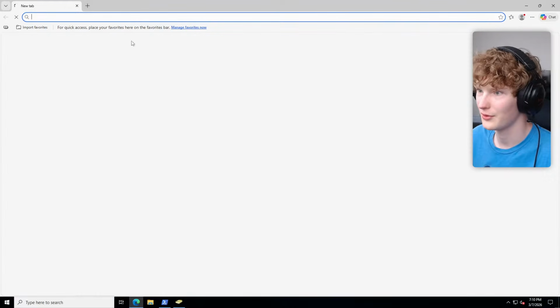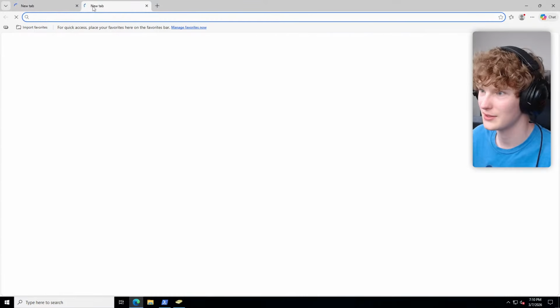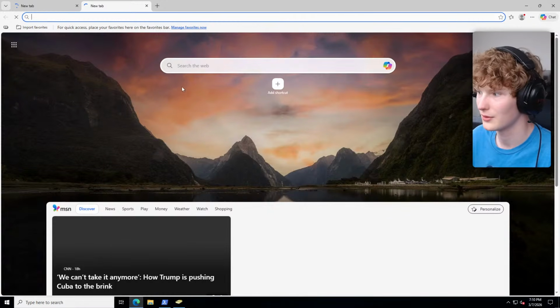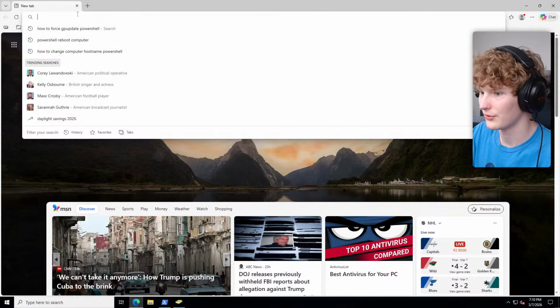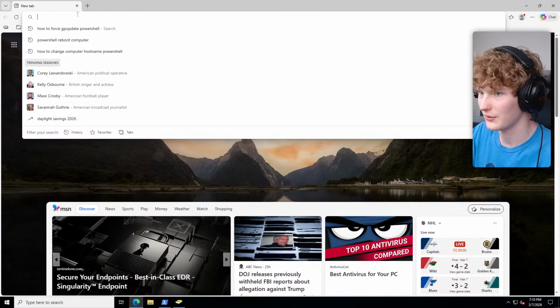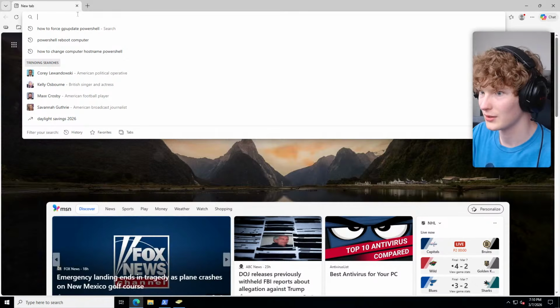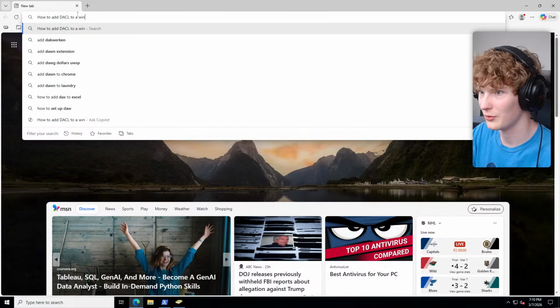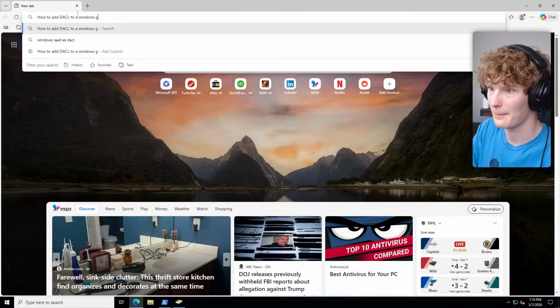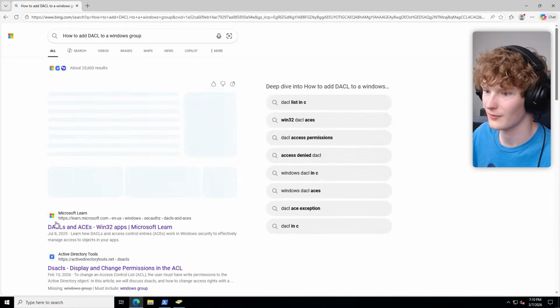Back up to Microsoft Edge. I should really just keep the tab open. Let's see. Give me how to add DACL to a Windows group. Here we go.